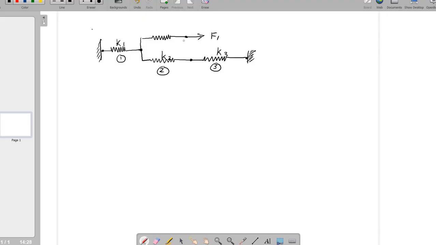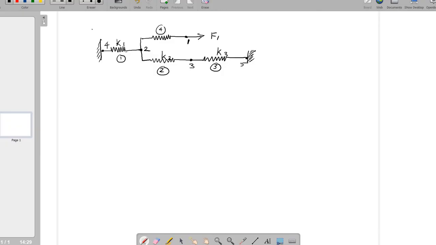So the numbering of nodal points starts with here. This is 1, this is 2. So this node number 2 is common for both the element number 4 as well as element number 2. So I am keeping node number 4. Here it is 3, then 5. So 1, 2, 3, 4, 5 are nodes.